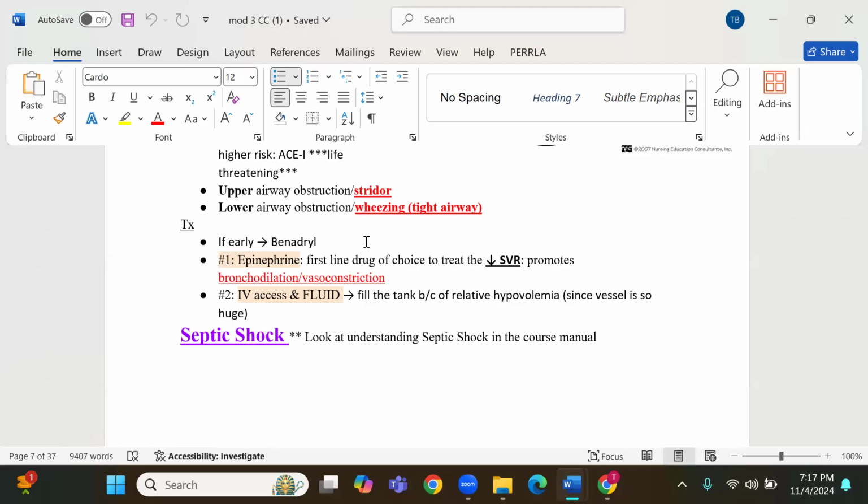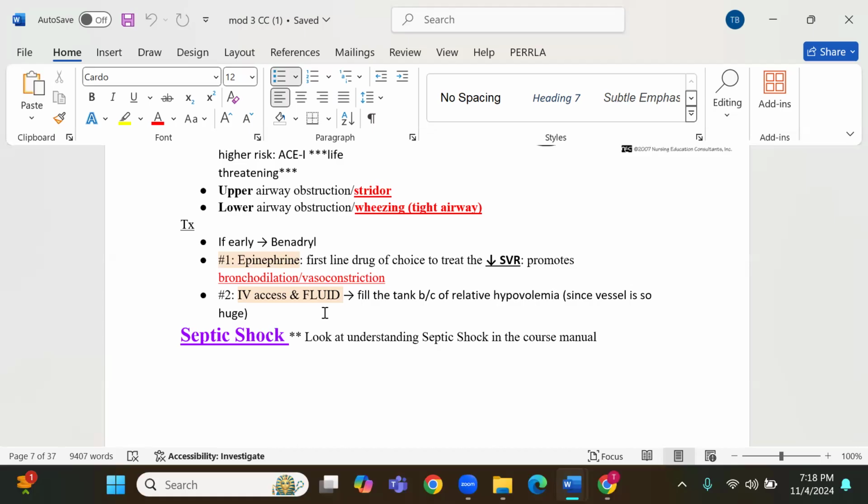One of the things epinephrine does is reverse what is happening in the body system. Essentially, epinephrine is going to open the airway and constrict the vessels to bring the pressure up. That's how it saves someone's life. It will bronchodilate and cause vasoconstriction, reversing what is happening. The second thing you would probably do is get IV access and fluid on board